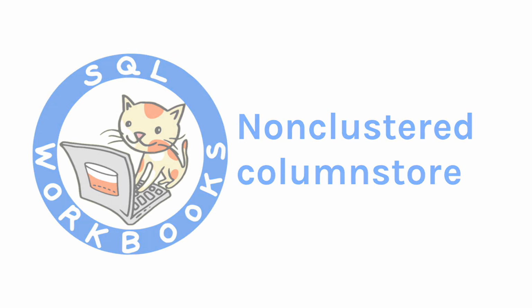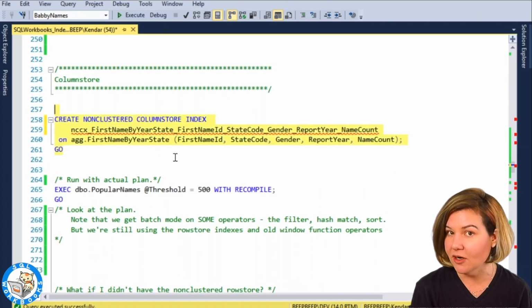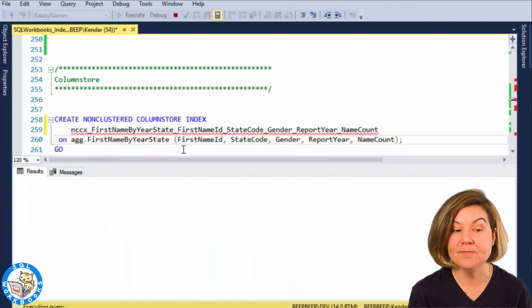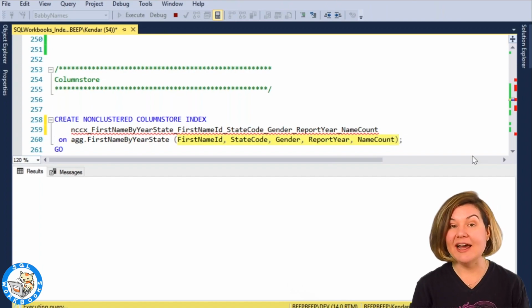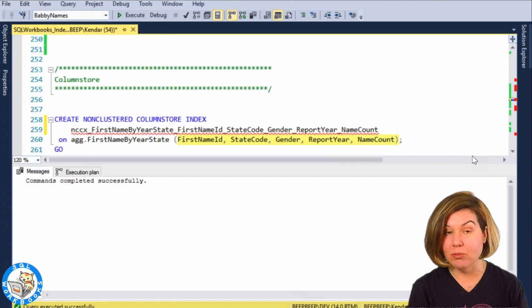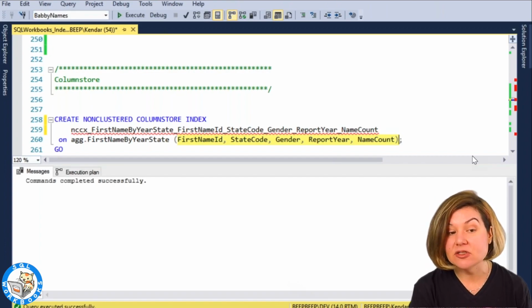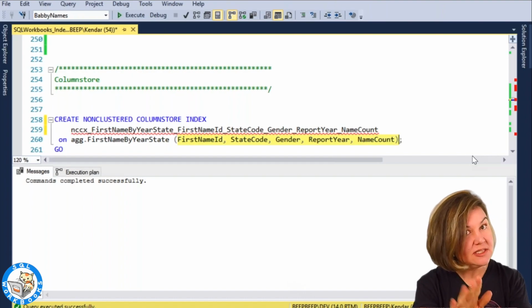I want to see, SQL Server, would you rather use the non-clustered column store, or would you rather use that non-clustered row store index? The non-clustered column store does have every column that I need in there. It has first name, ID, state code, gender, report year, and name count. Having that non-clustered column store index on the table means that even if SQL Server chooses not to use that